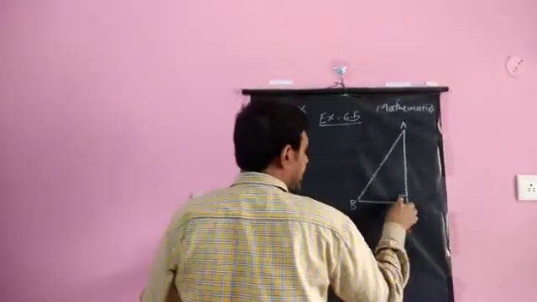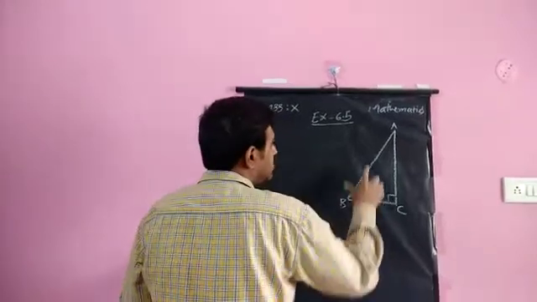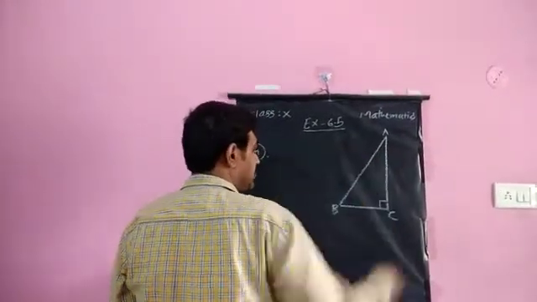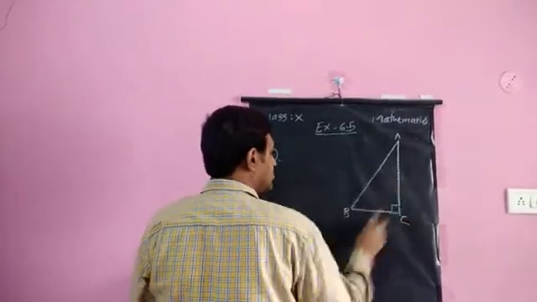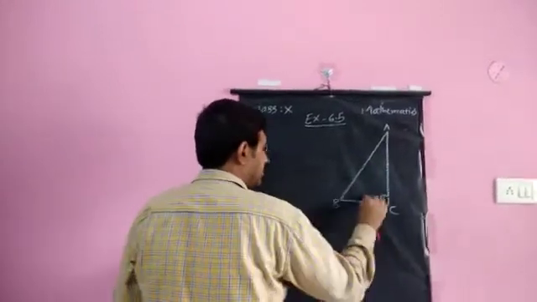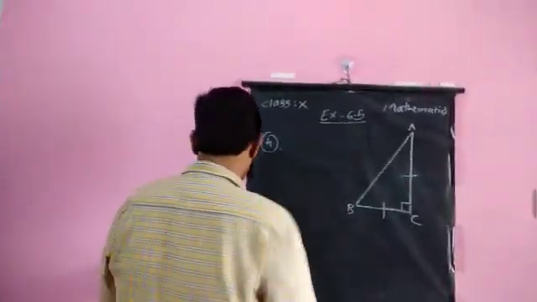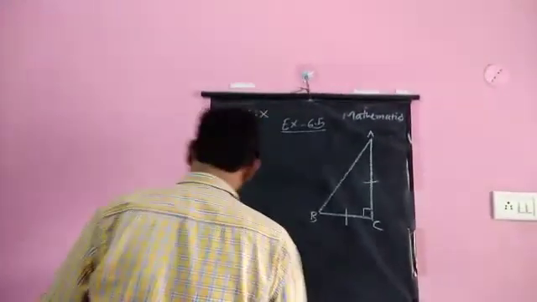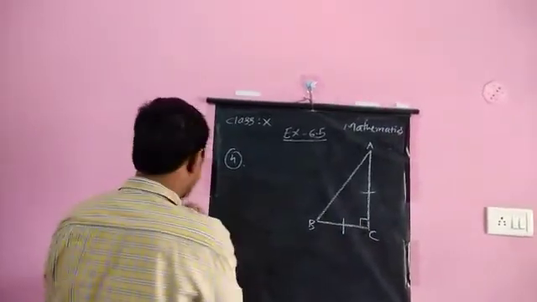So this is the right angle here. That means this AB will become the hypotenuse. This is the longest side of this triangle ABC. So this side won't be equal to either this or this. So these two remaining sides will be equal to each other, because this AB will be the longest side of this right triangle and it will be the hypotenuse. The remaining two sides, this is a deduction from the given information.